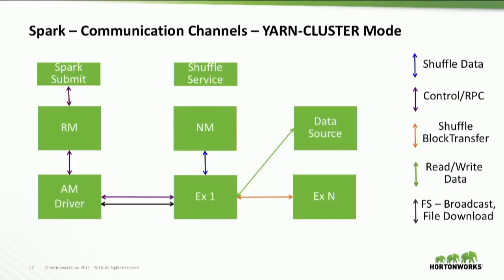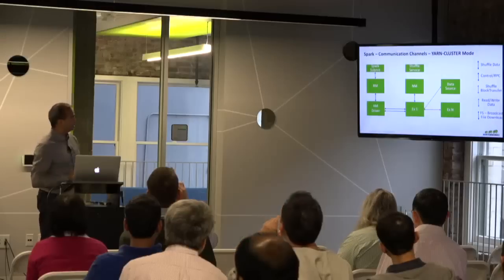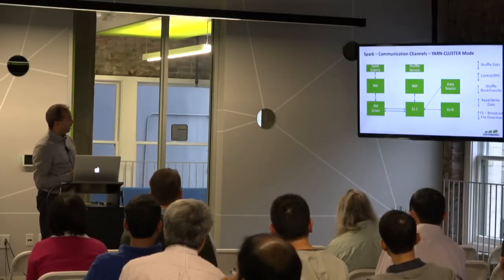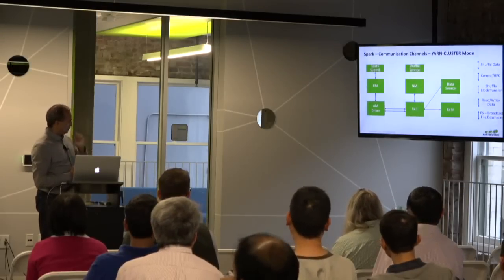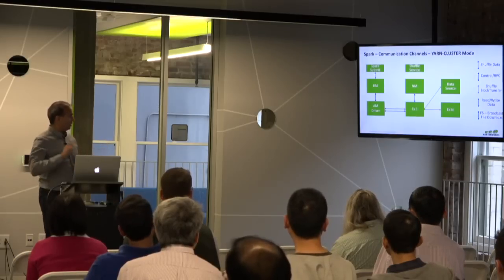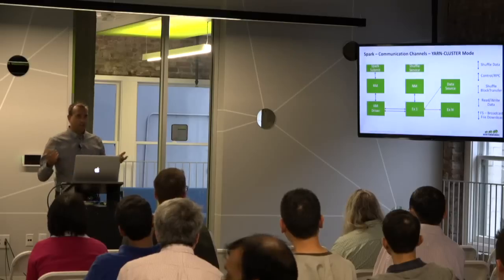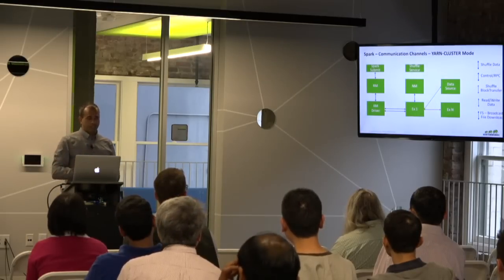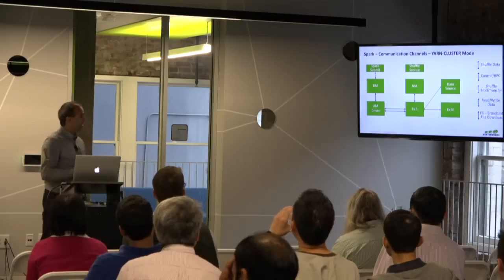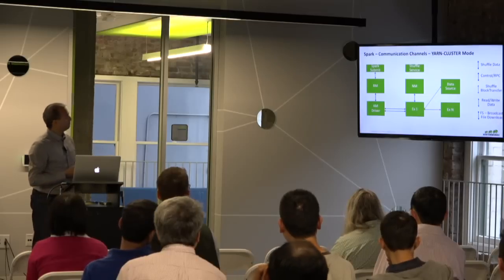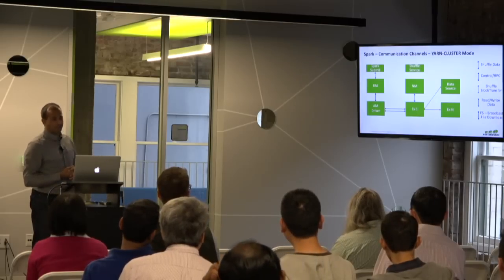So some flows are control flows, and the other flows are flows where actually data is being transferred. All the purple flows are control and RPC, and the black arrow is the driver talking to the executor. For example, if you send some files with your Spark job, or if you're doing broadcasts, that data is communicated over HTTP. So you can configure